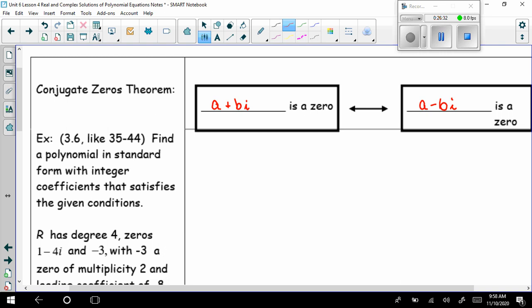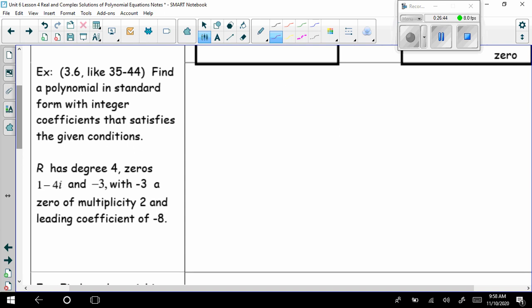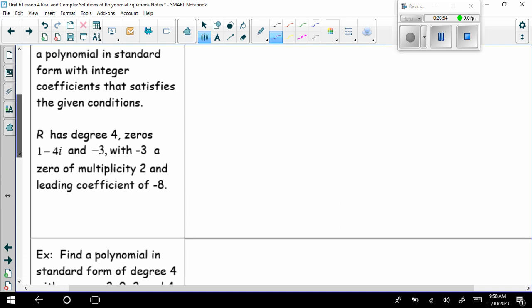This is also true for radicals. All right, so if you end up with something like 1 plus 2 root 3, then you should also have 1 minus 2 root 3. Okay, almost done here. Being able to find a polynomial in standard form with integer coefficients that follows the given conditions, you're going to get